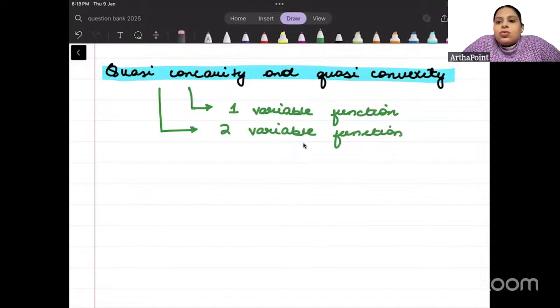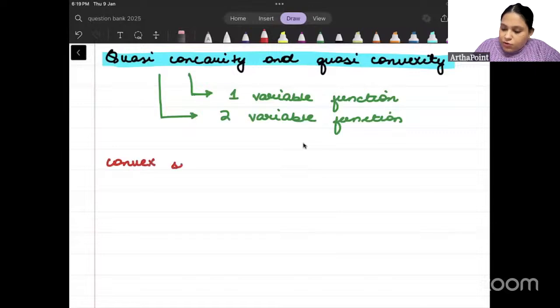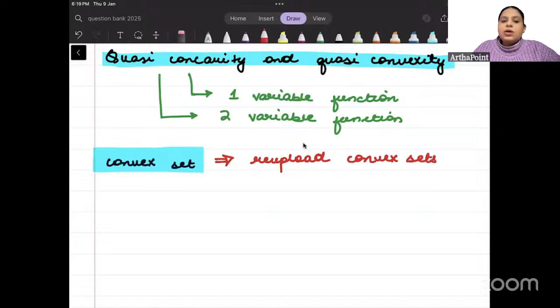Before we talk about one variable or two variable functions, we need to also talk about something which is called a convex set. You may be aware of it, and I will re-upload that video, which is especially on what convex sets are. But quickly to summarize what a convex set is,